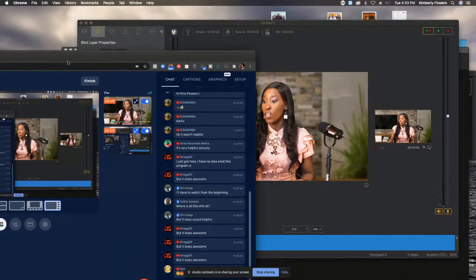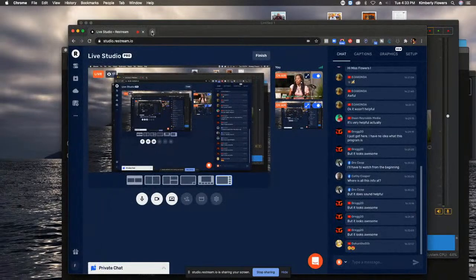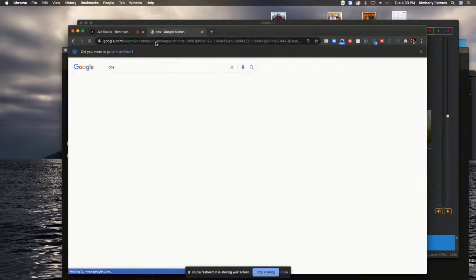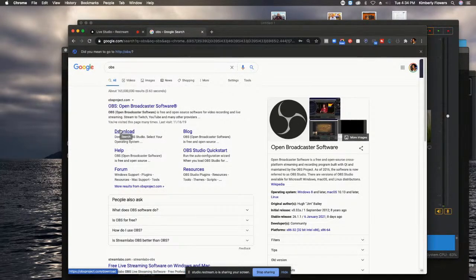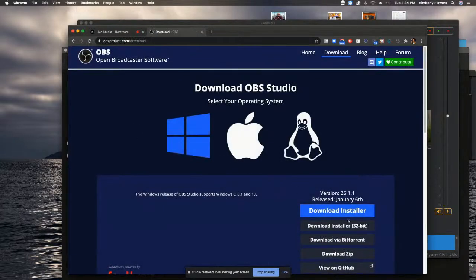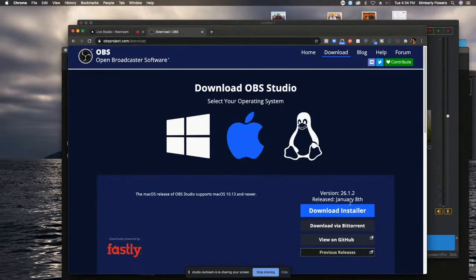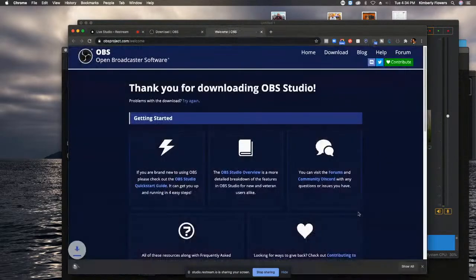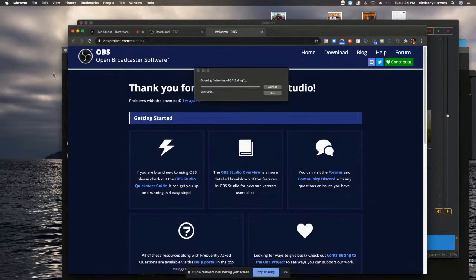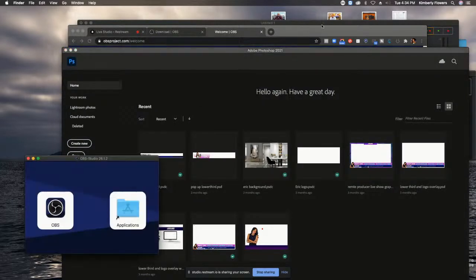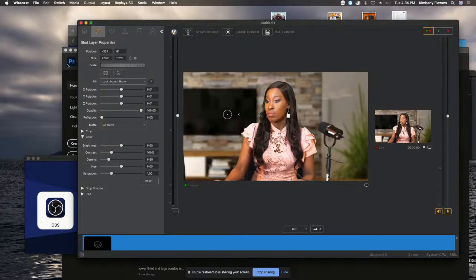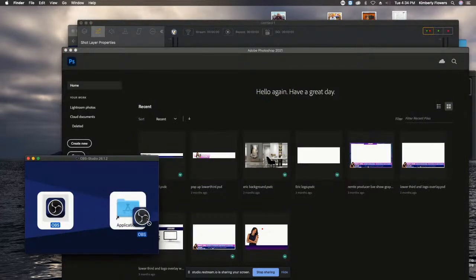But for those of you that want to download this direct, all you have to do is go to OBS. Just Google it like this. And go to download. And for Apple, we're using an Apple computer today. So you just download the installer here. And if you, of course, have a Windows computer, then you're able to open up the Windows version of this. Okay. And going back here, just to make sure that you guys, while that's doing its thing,